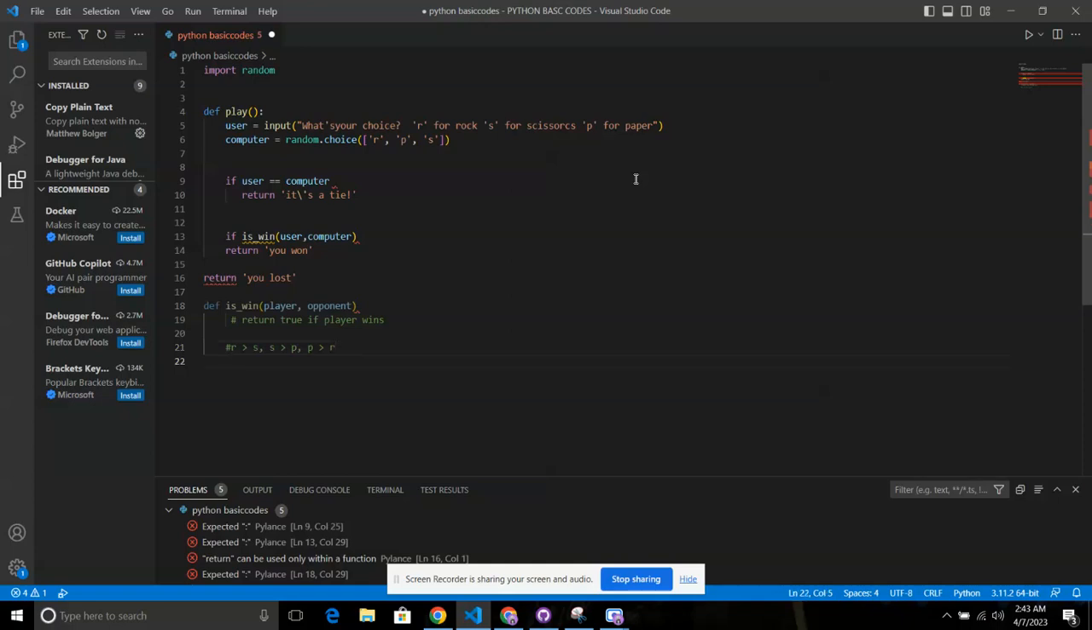After this, just enter, and we're gonna write if player equals to R and then equals to S. This is, we are giving the scenarios here, which is important. Then, player equals to